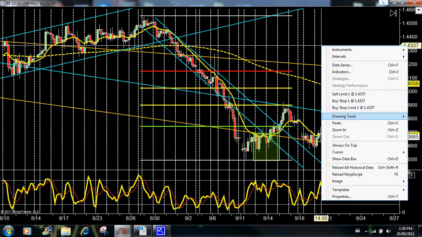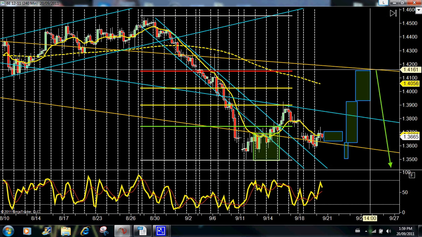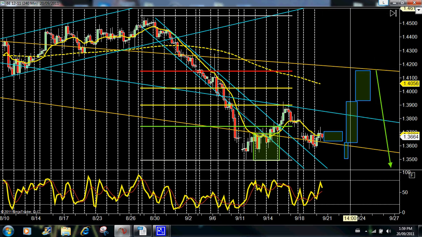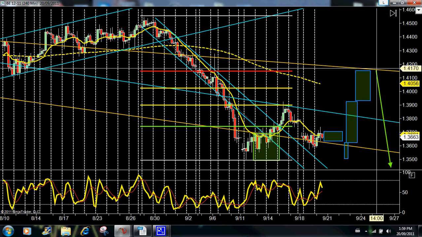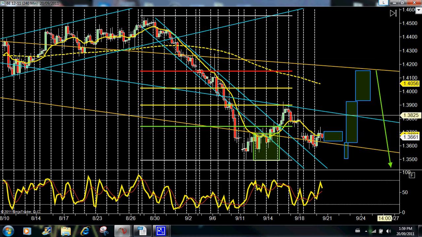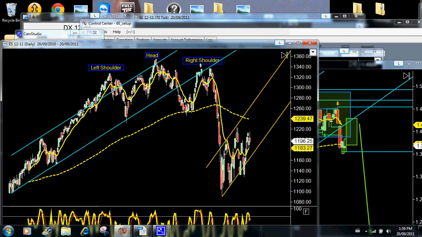Let's get an arrow out here. From here all the way back down. This is where we want to load up a short position, up here at this level. And it shouldn't take too long. It should probably close up here on Friday. And then Sunday maybe spike it up here. And then from there we can just get a nice short position and keep riding it all the way down on the euro. Meanwhile, the S&P 500 will likely rise.